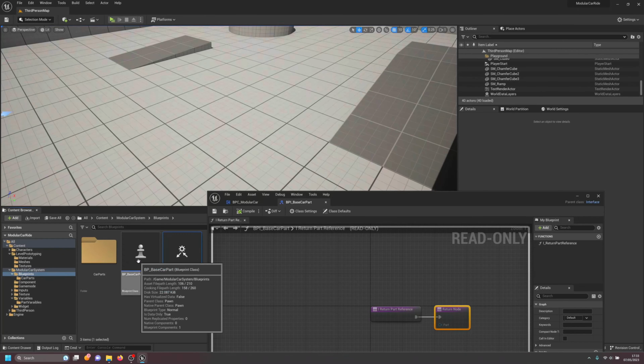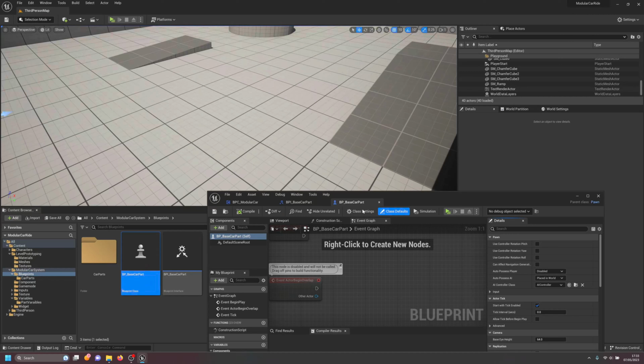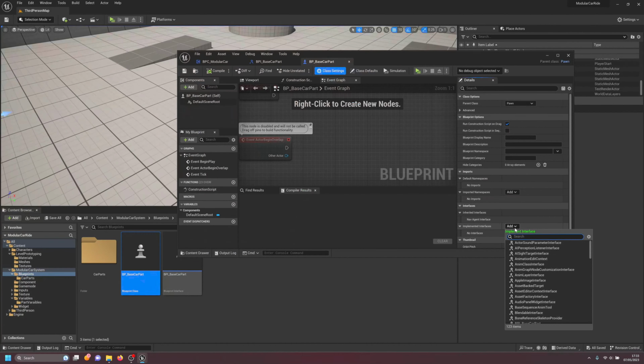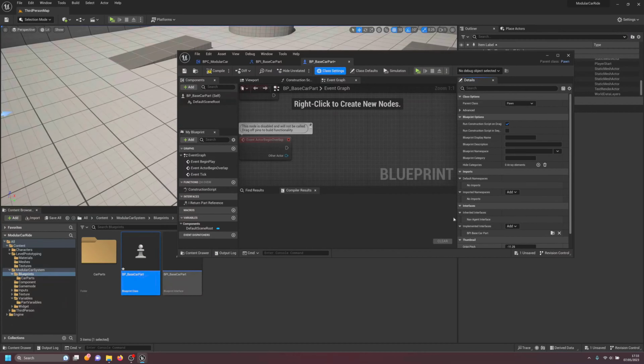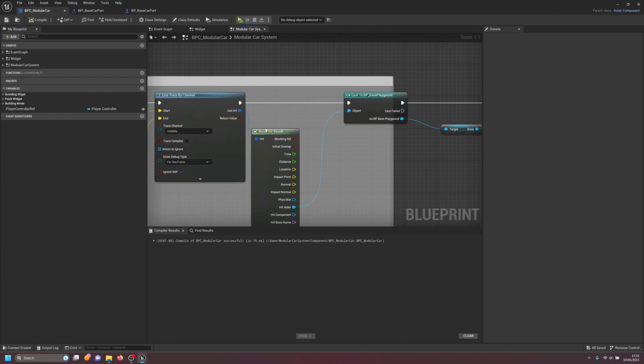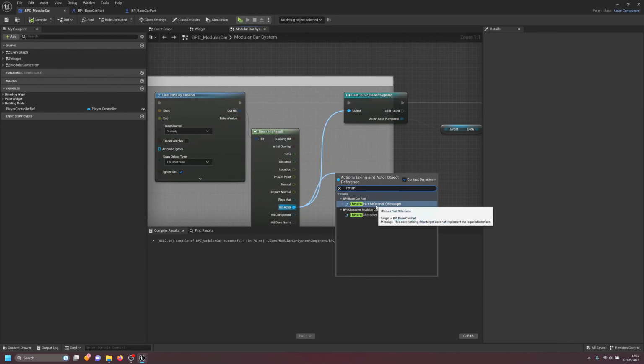Because everything is a parent and extends from this, what we can do here is on the parent class, we can go to class settings. We're gonna go here to interface. Let's search for BPI base car part. And on the return part reference, we just return self, right? Compile and save. Now on our modular here, instead of doing cast, what we can do here is I return part reference,